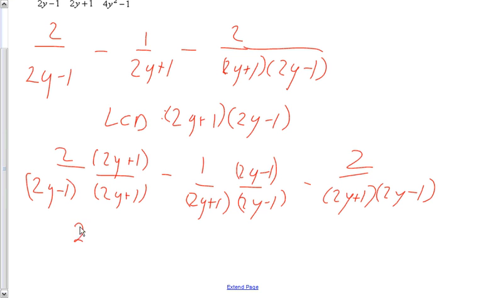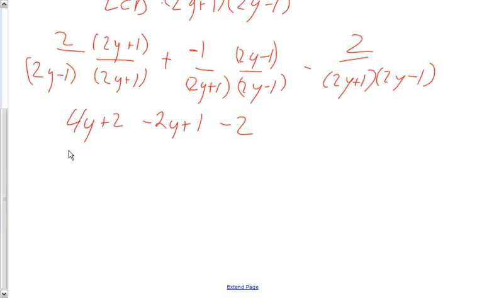2 times 2, make sure you do the right number, is 4y plus 2. This one over here becomes, now watch with the negative. If you want to do it, make that a negative up there. So it's minus 2y plus 1, so there's that, and then this is a minus 2. Notice I'm also combining all this stuff into one. You're putting them all over the same LCD, so I rewrite it. 2y minus 1,